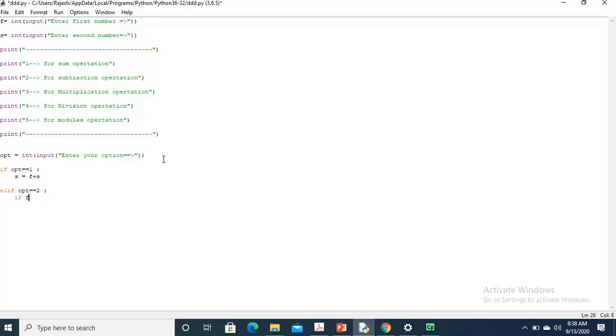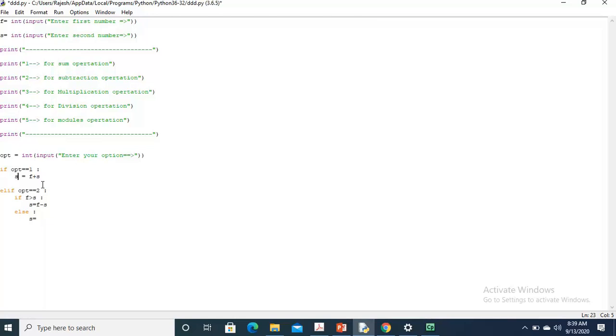If f is greater than s, then it will do s is equal to f minus s. Otherwise, else, s is equal to... here I am getting a mistake, because the s variable is already taken, so here I will take some other name.